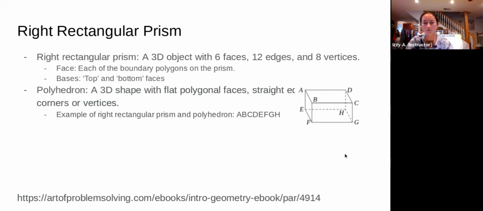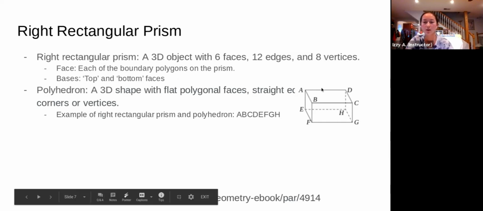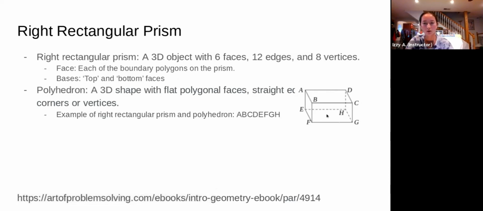So for example, in this rectangular prism on the right, ABCD and EFGH would be the, quote unquote, top and bottom faces, and then the rest of the 4 faces would just be called faces, but if you see the word base, that's referring to the top and bottom